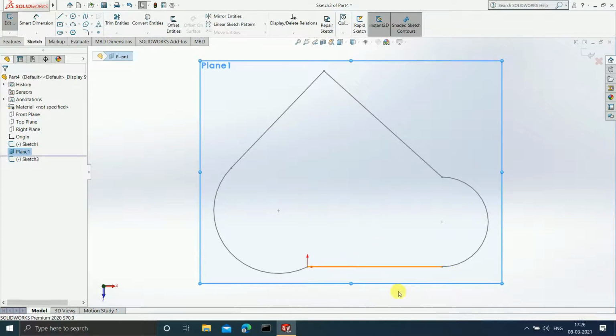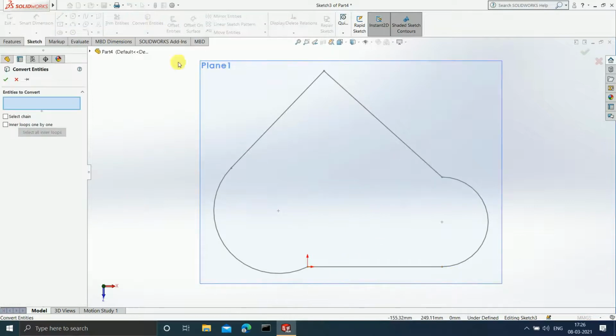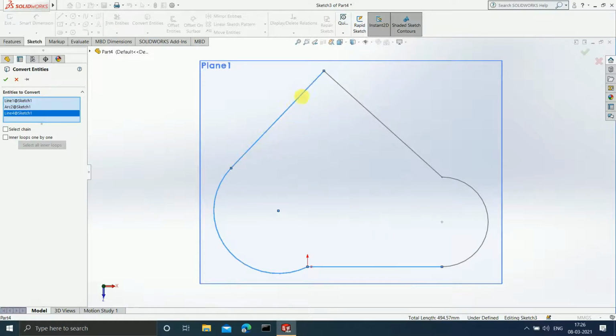No. I will click on Convert Entities and simply select the entities that I want to draw again. So I will select, let's say, this particular line, this thing, and this. So I have selected three entities here: a straight line, then an arc, and then again a straight line. Now once this is done, I will click on OK.